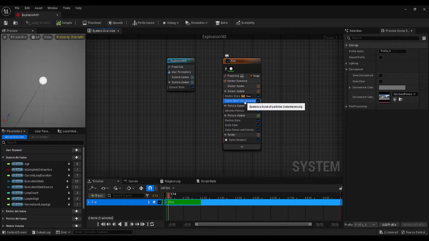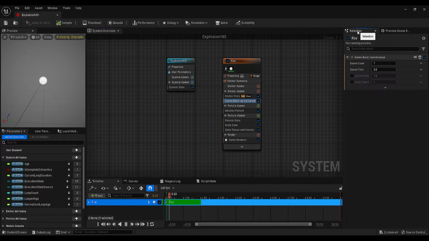When you select that, you should be on the Selection panel. So go to the Selection panel and change the spawn count to 100. You will see that the particle starts glowing, and it is because there are 100 particles spawning on top of